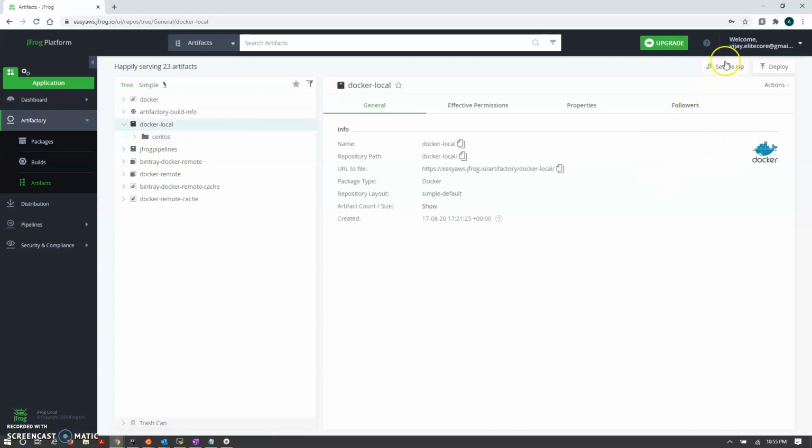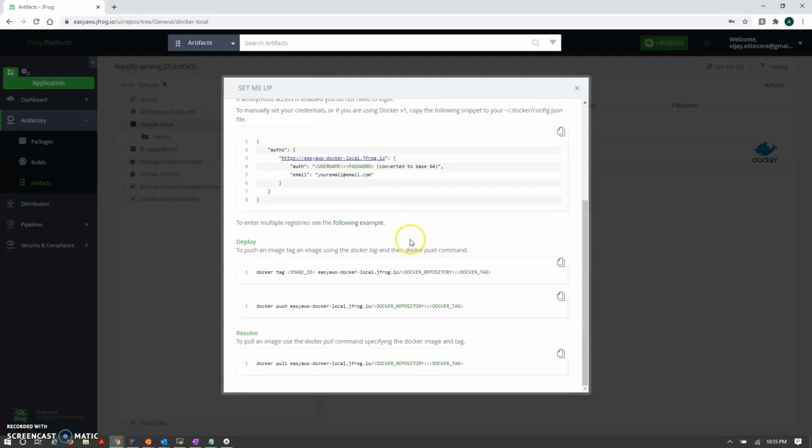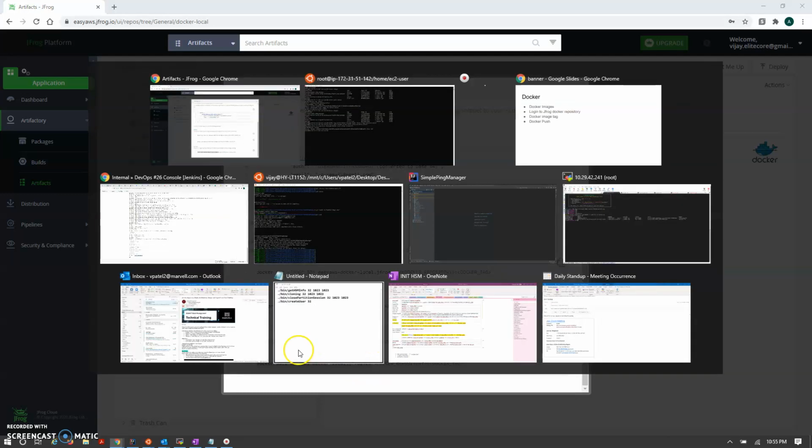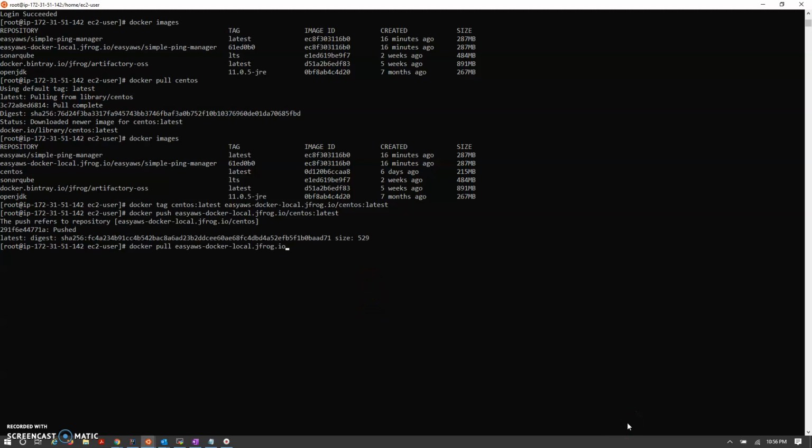So there are some more commands which basically are used for the image pull also. It is the same as we are using for the push. Simply, you have to pass the image name, CentOS, and the tag. So which image you want to pull. It is already there, that's why it's saying it is up to date. But you can pull and push from your local system to the Artifactory server using this command. You can use the curl command also, but this is the best way where you have to take the minimum steps to push your image to your Artifactory server.